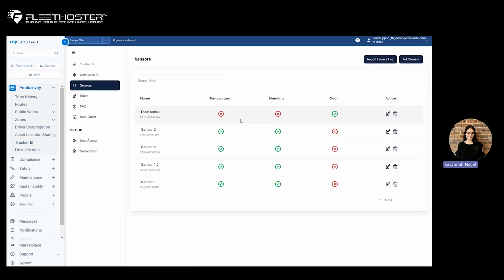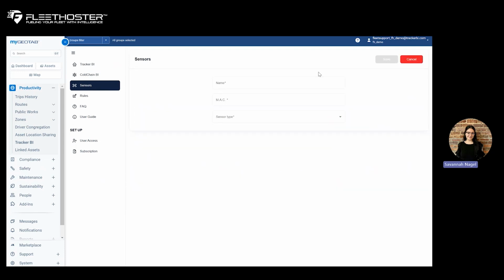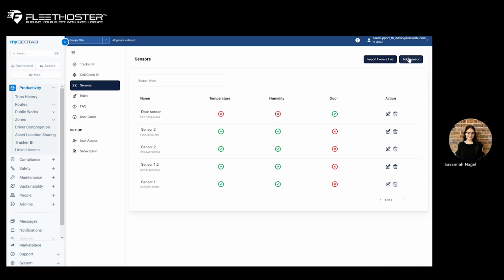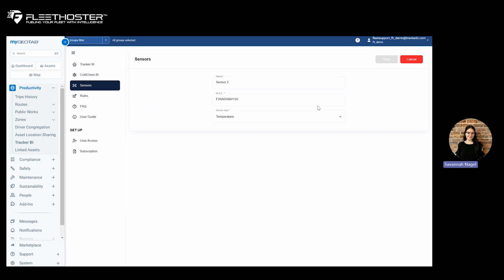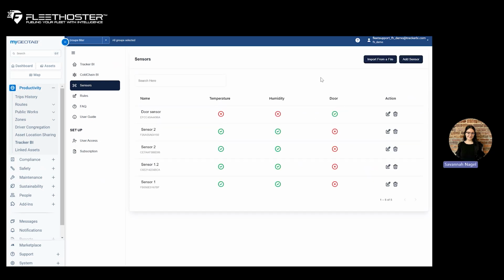This is where you can add or edit any current sensors. To add a sensor, click Add Sensor, fill out the information accordingly based on the MAC ID, and pick if it is a temperature sensor or a door sensor. If you would like to edit any of your current sensors, click the Edit icon to the right, and you can change that here. Next, we will talk about